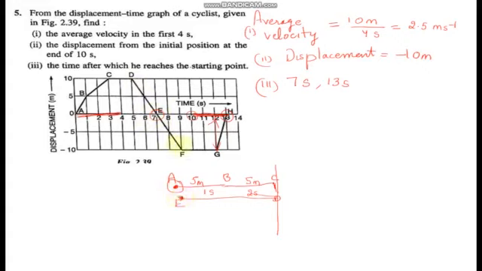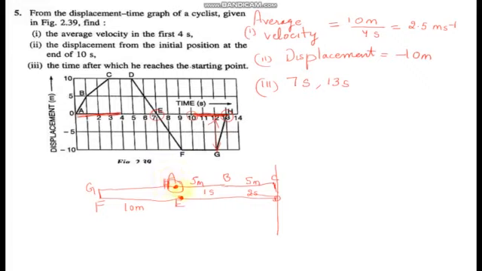Now what does this graph represent? ये represent करता है कि अब ball इस initial position से भी आगे चली गई है. And it has reached the position F, it has covered a distance of 10 meter. And then it remains stationary. FG represents that it remains stationary for some time, and then it again starts moving towards the initial position. So ये जो GH है, it is representing that the ball is again moving back towards its initial position.